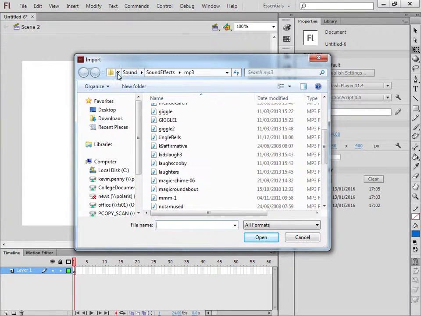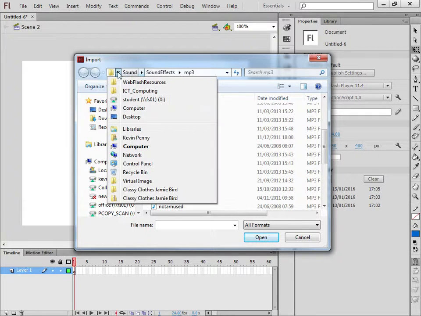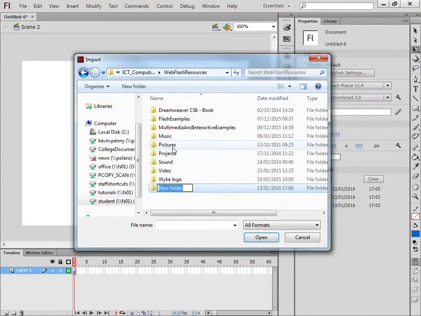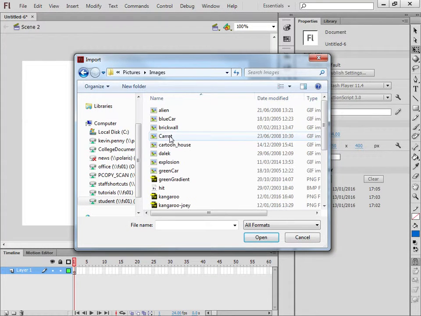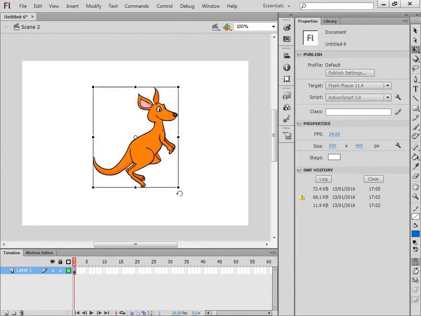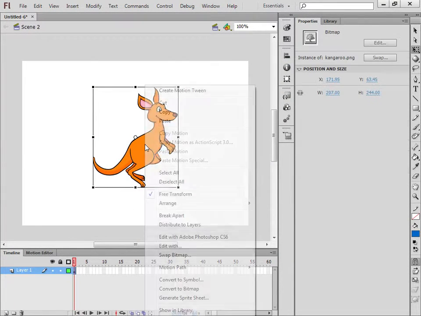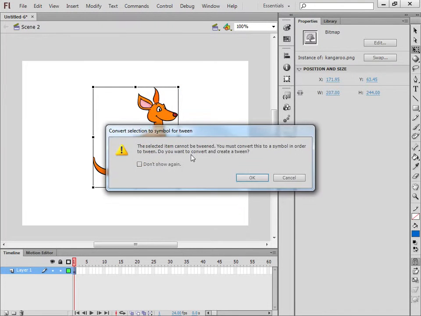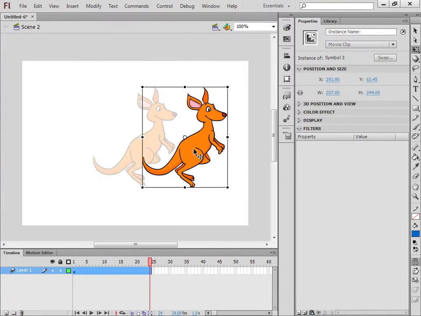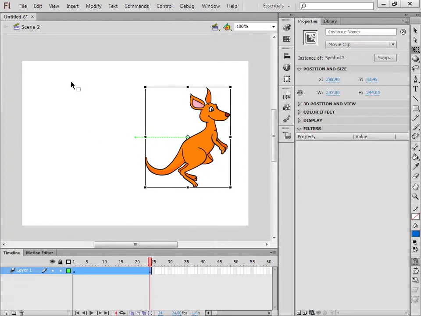Okay, if we just go in here and pick another image, let's go for our little kangaroo. Alright, there's our kangaroo. I'll just animate him a little bit to make him move. There he is. Okay, so when I play this now, if I go back to scene 1,